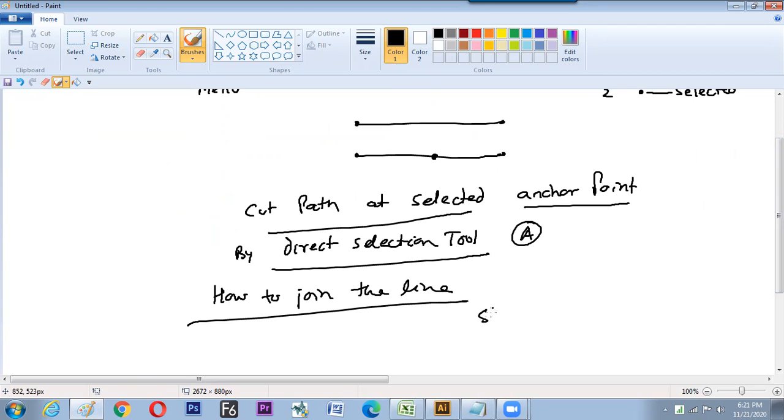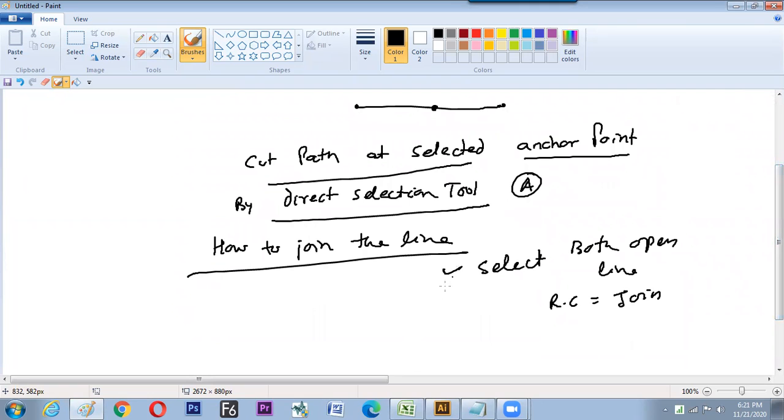Just select both open line, right click, join. Hope this much of things clear. Now the second way of making join,